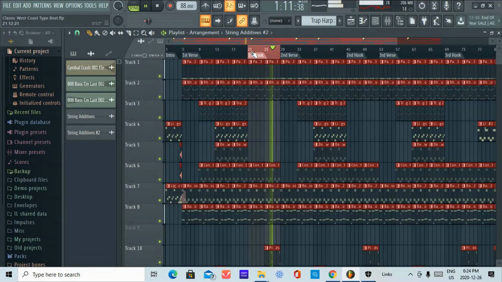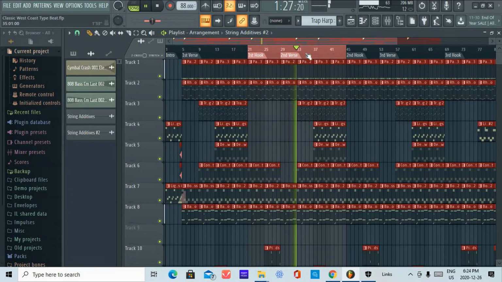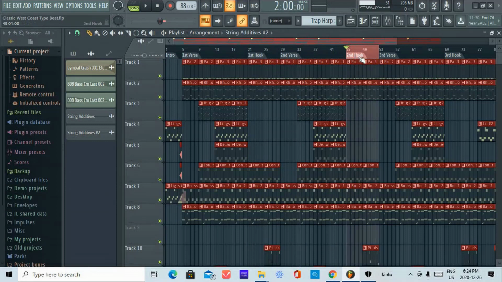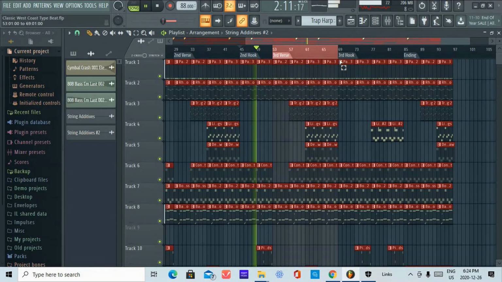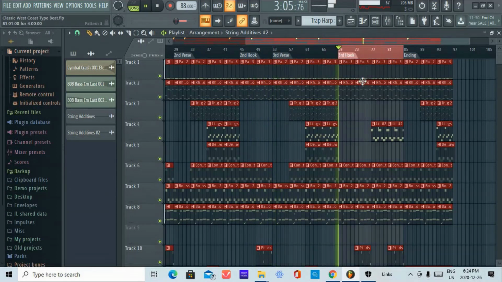So hook for 8 bars. And then after that, it goes into the verse again for 16 bars. And then after the second verse, it goes into the hook again for another 8 bars. And then into the third verse, same idea, builds energy until the next hook. And then the final hook is 16 bars, just